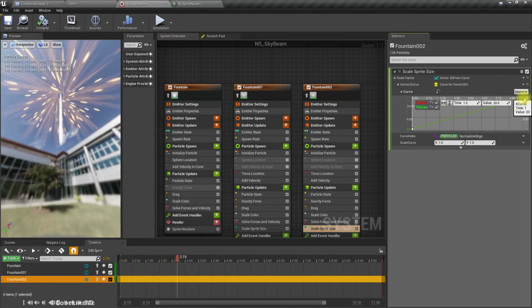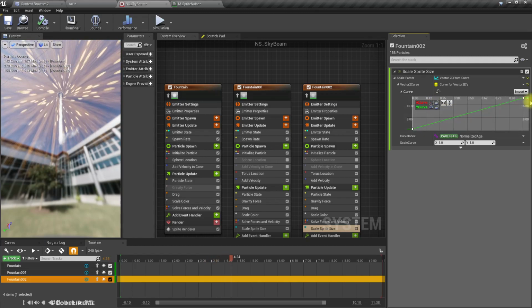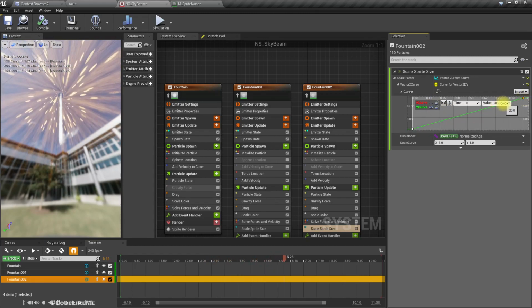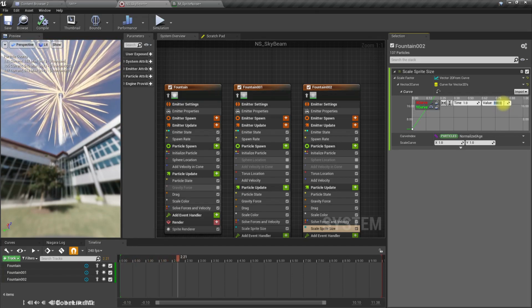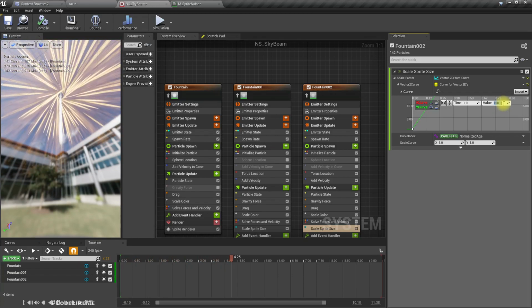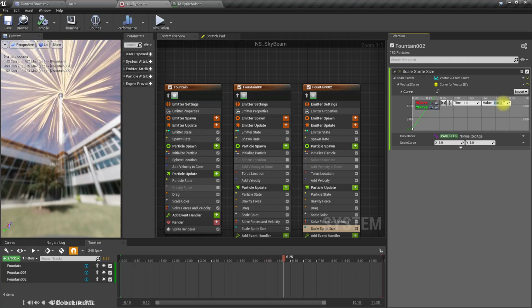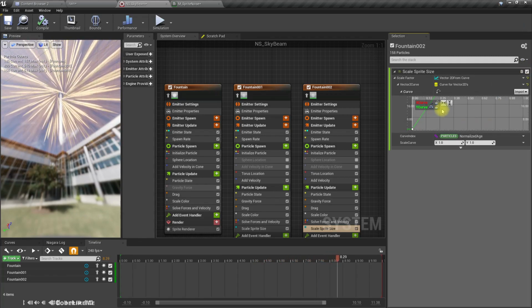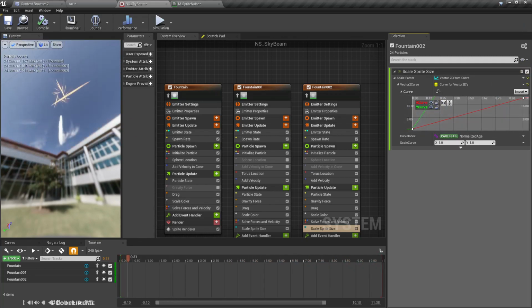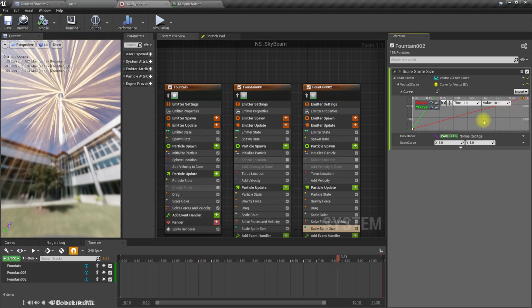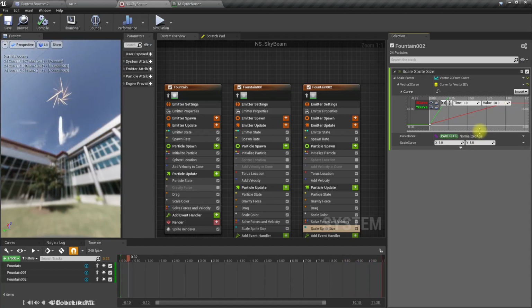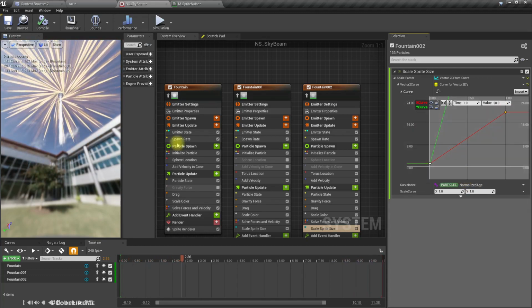Y. Let me hide X. Y. Let's make this like 100. Now they do become larger, longer compared to X. For X it seems fine, but for Y,